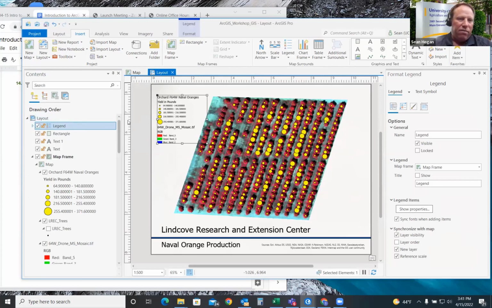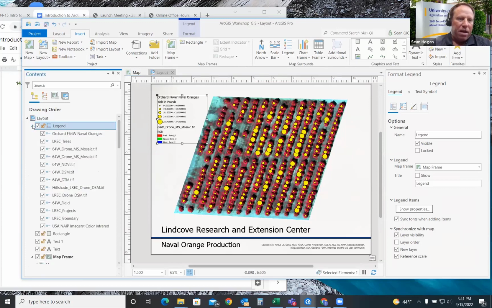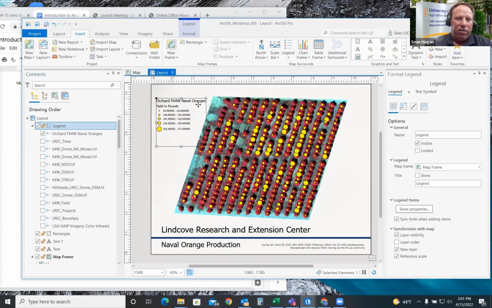Under the drop down of the legend, we're going to do the drop down arrow, and you see there's a whole bunch of things in here that we really don't need to have in a legend. It's only displaying what's turned on. So I'm going to go down and check each one of these slowly, getting rid of all of them under the legend, and that way only what I want is displayed. Now that's fairly clean.